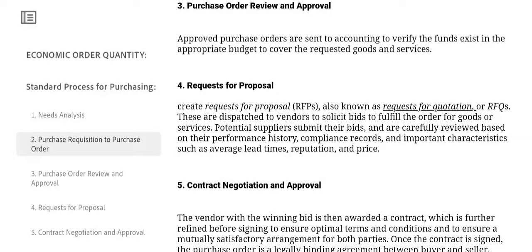Request proposal means what? After sending the purchase order, we should have the proper quotation that the supplier has given to us, because we have to manage all those quotations that we get. And after that,